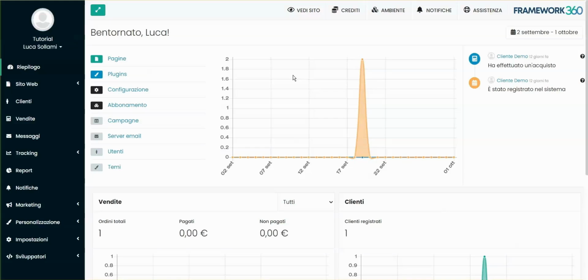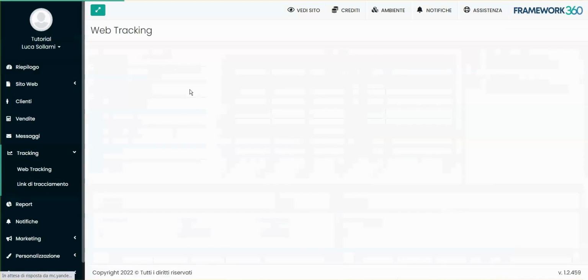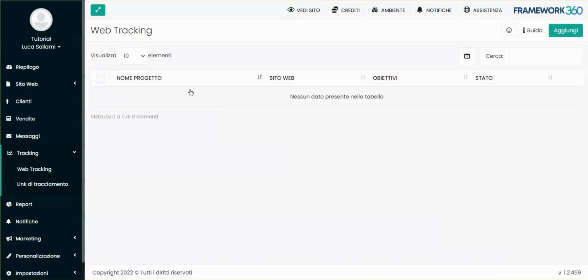In this video, we will see how to track the clicks that occur on our website, built on Framework 360, from visitors, clearly those who visit the site and click on the various sections, on the various buttons. First, we need to access the tracking module, and then web tracking. This is a module indeed that allows us to track everything that happens on our website or within our marketing